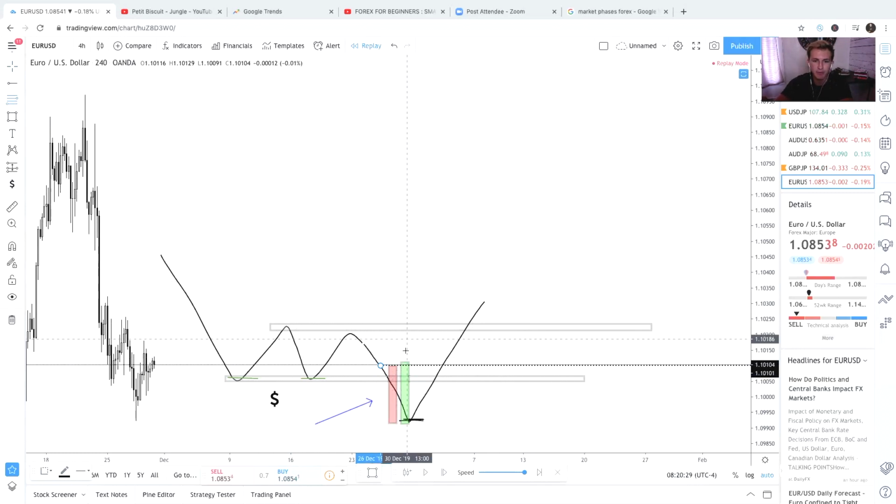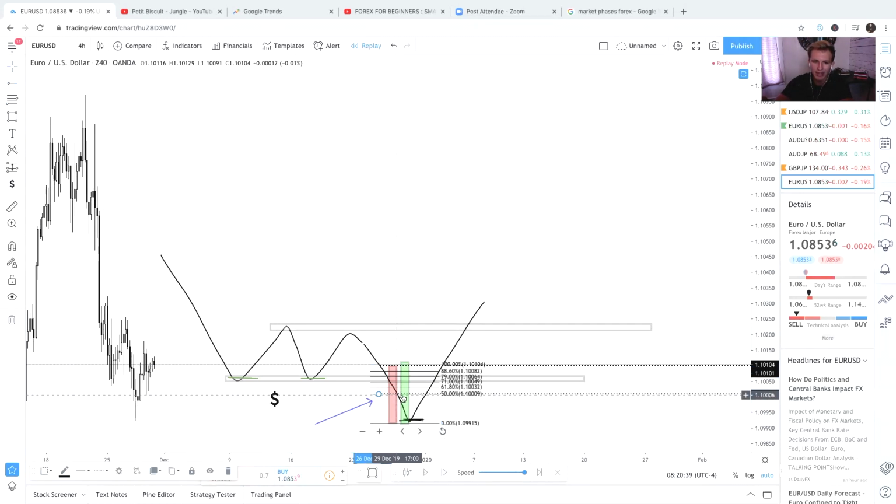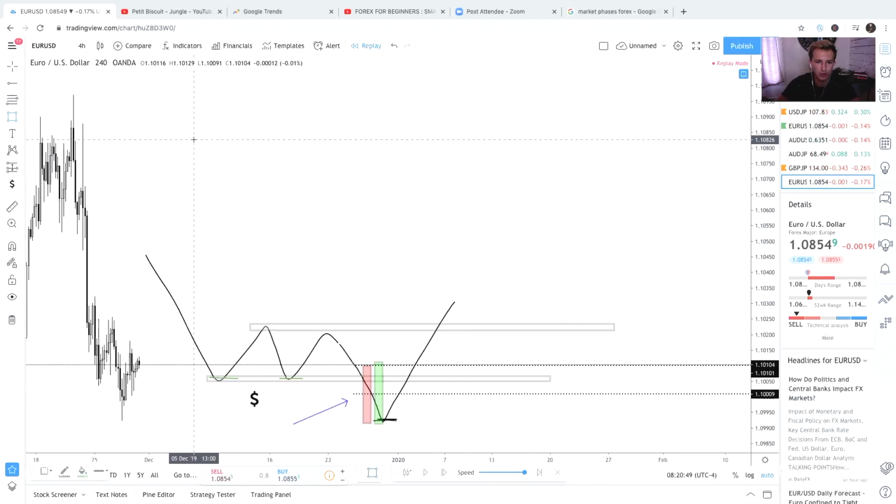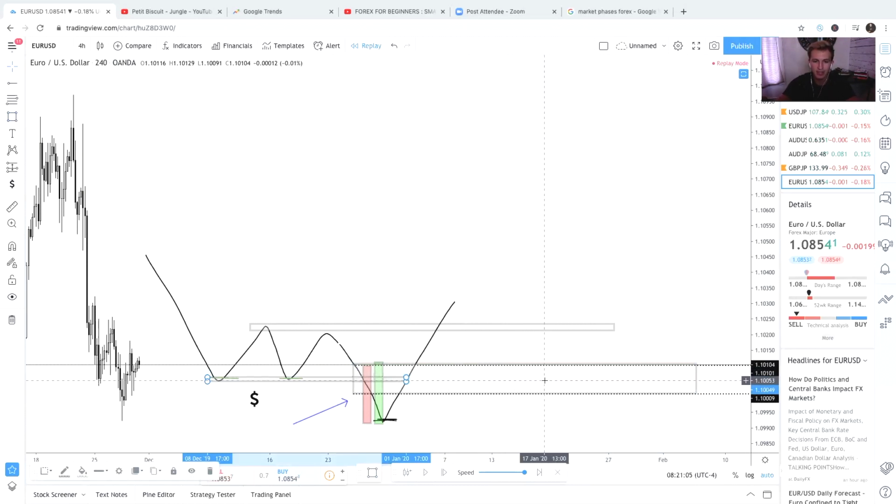Then I take my Fibonacci tool and do it from the high to the low of the bodies, just the bodies. That's where the volume's at. And then you're going to draw another horizontal array at the 50%, because 50% is where a majority of the volume is at. Now, looking at this, I'm going to draw a zone from the open to the 50%. Now, this zone right here, not this little one, this zone right here is the zone we're looking to capitalize